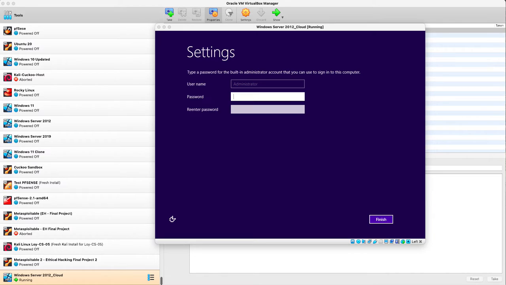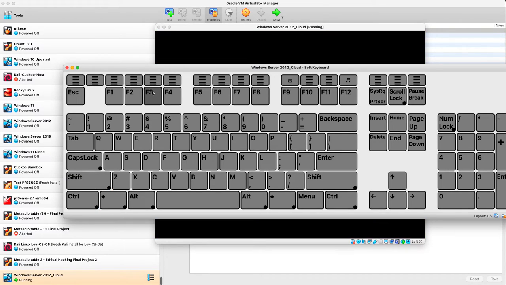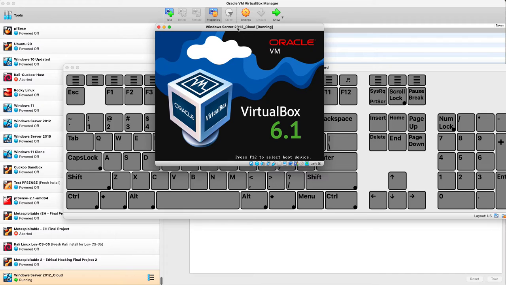If the keyboard does not function, go to Input and then go to Keyboard, Soft Keyboard, and then they want you to choose the Control and the Shift key. Let's see, Control, Shift, and F3. And you see,